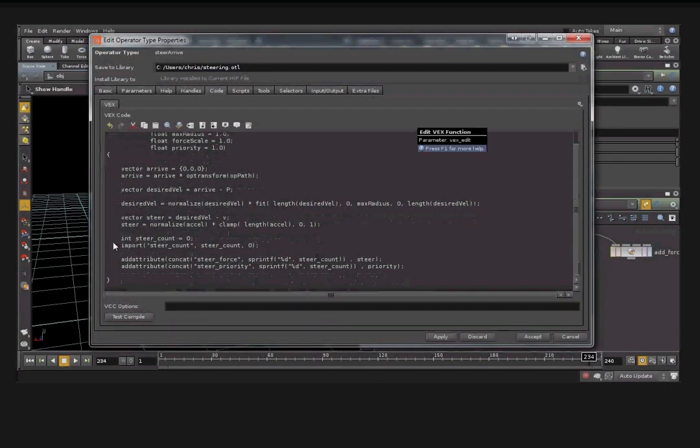we just forgot one thing. We have our steer counter. We have to increment our steer counter on this position and set the steer counter again, so that the next behavior can read this counter and attach it to its steering force attribute. Test compile,